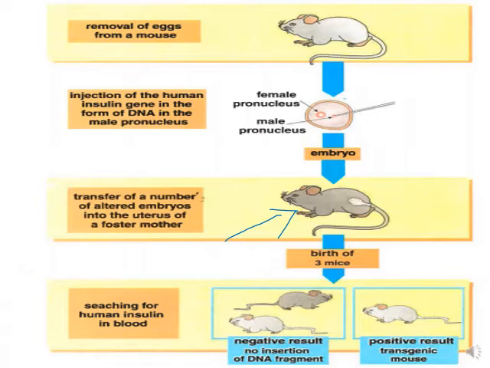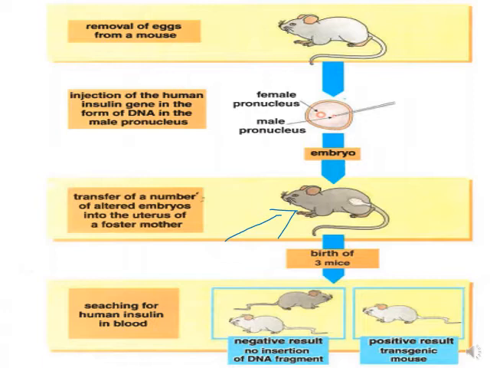So let's repeat what happened. We remove the egg from a mouse, and then we inject the human insulin gene in the form of DNA in the male pronucleus, and then we transfer the number of altered embryos produced into the uterus of the foster mother. We get the result of 3 mice. We have the birth of 3 mice. The first one